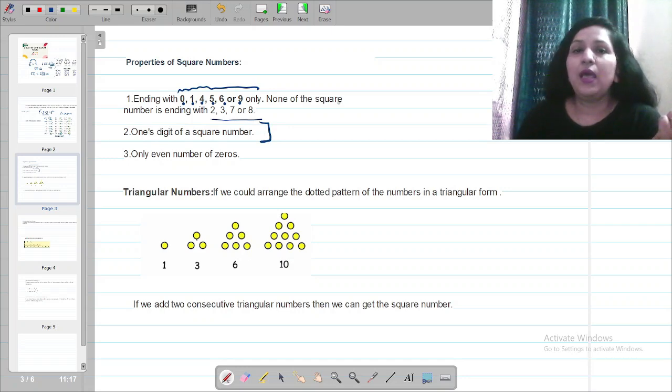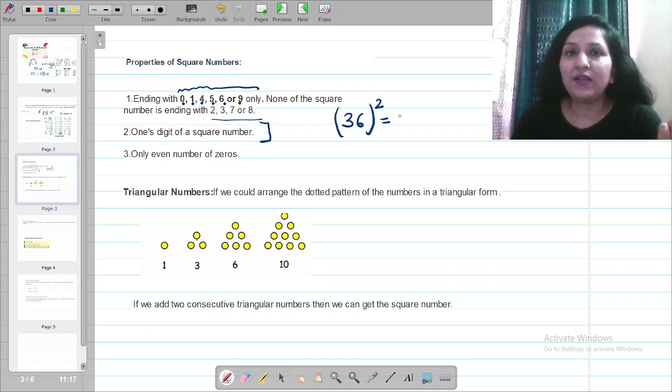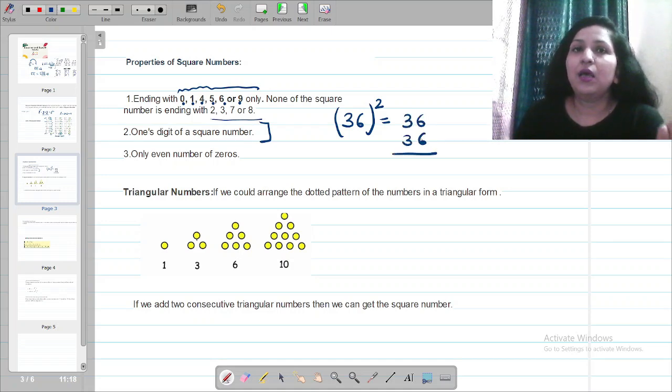Okay, let's understand. If a number is being given to you, 36, and the question says, if I square this number, what will be the ones digit of your answer? How do we get the square of this number? That is 36 multiplied by 36. You need not do the complete calculation. Please understand how we are getting the ones digit. 6 multiplied by 6, that is 36. 6 here and 3 will go carry. Whatever the number is here hardly makes any difference. We are interested in knowing just the ones digit. So the ones digit of 36 square will be 6.